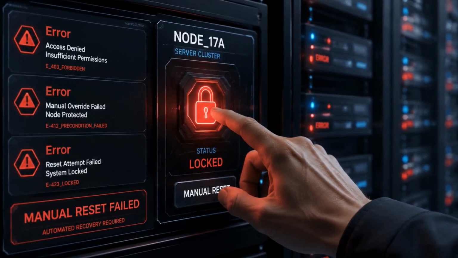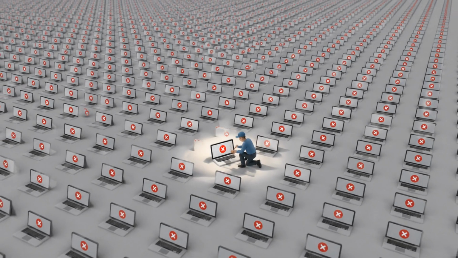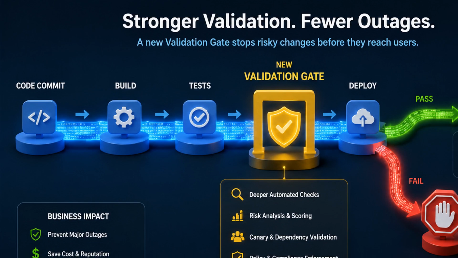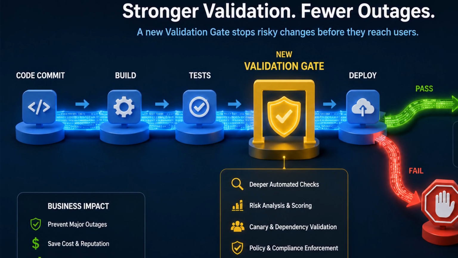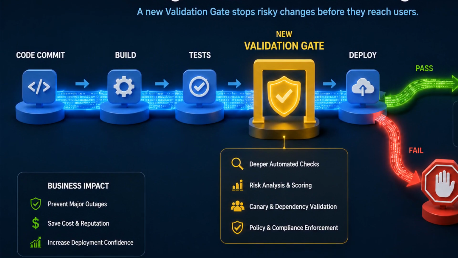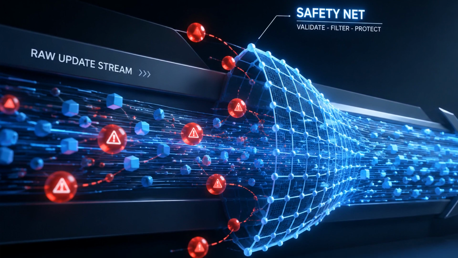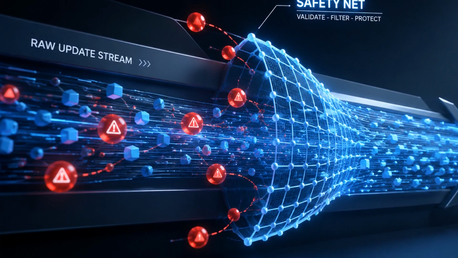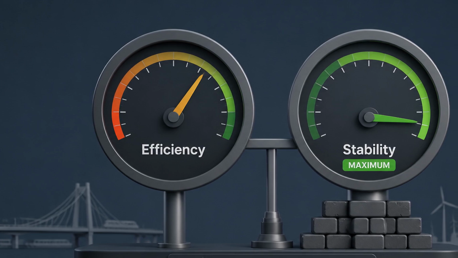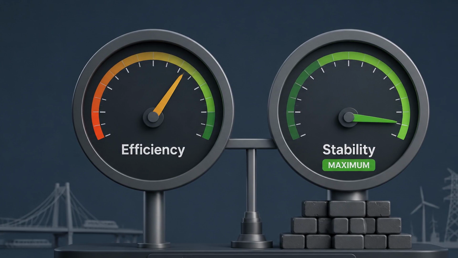repair strategies. We cannot simply rely on manual intervention when the scale of the failure reaches into the millions of devices globally. Moving forward, developers and security firms must rethink how they validate and deploy code to prevent such massive outages. The lesson of July 19th is clear: we need more robust safety nets, even if they slightly slow down our update pipelines. Efficiency is a goal, but stability is a requirement for any system that supports the essential functions